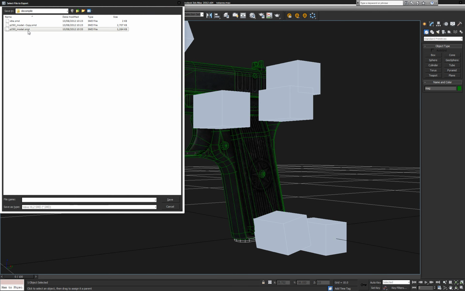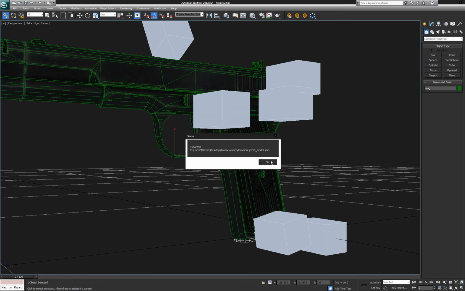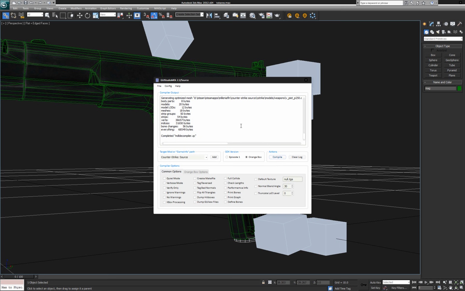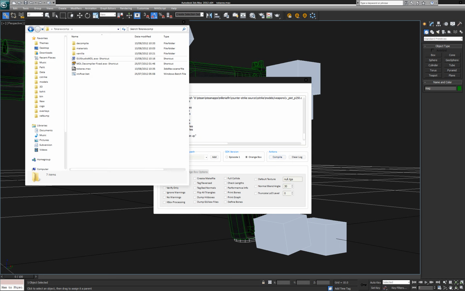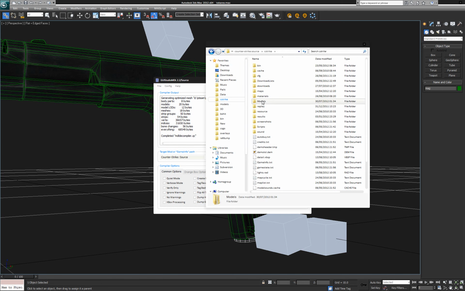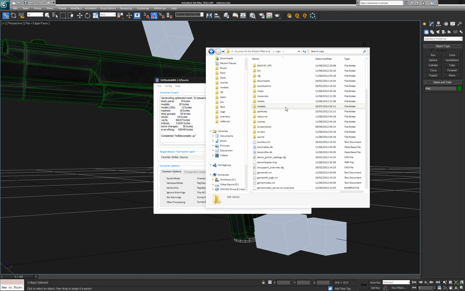Let's try again. Yep, that works. And now I'll just go to my Counter-Strike folder and copy the files to my CS Global